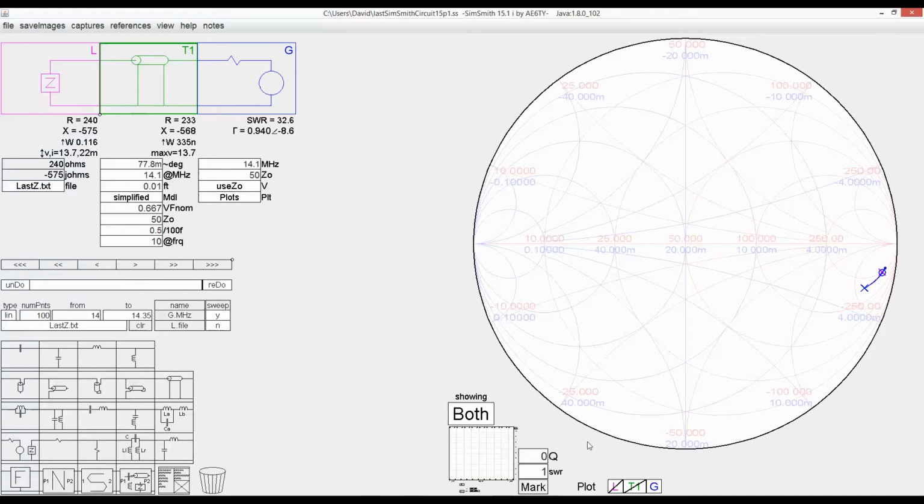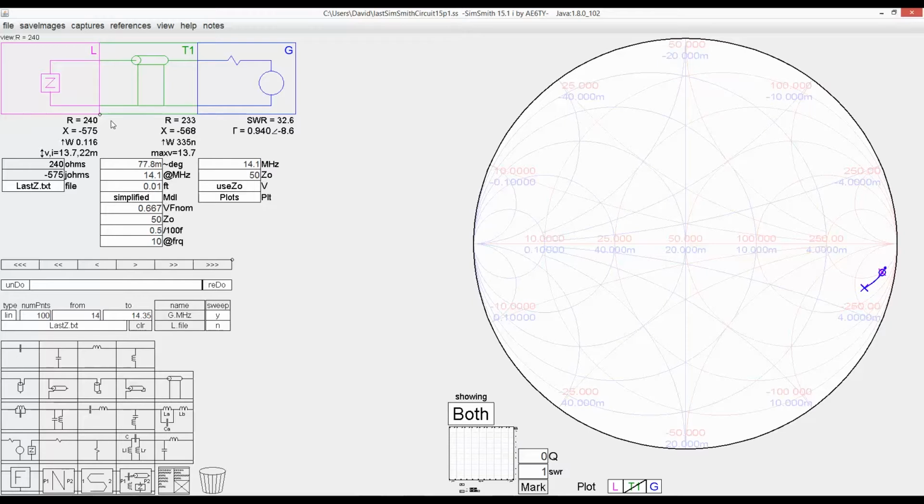So let's see here. Down below, I'll turn this on. See this pink color up here? That's the impedance at the feed point. And then this blue color here is the impedance as it appears at the generator or at the transmitter. And I've enabled it down here at the bottom. Because the transmission line is so short, it says 0.01 feet, these two values are almost identical, and that makes